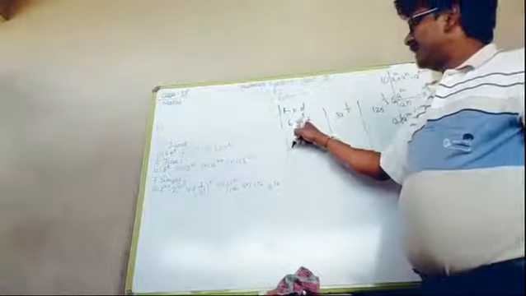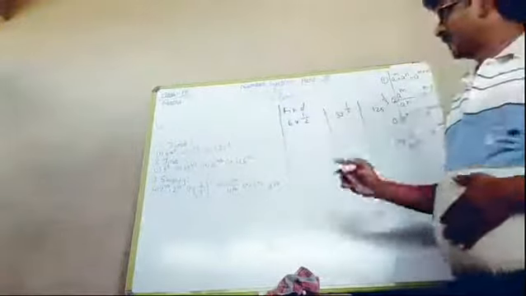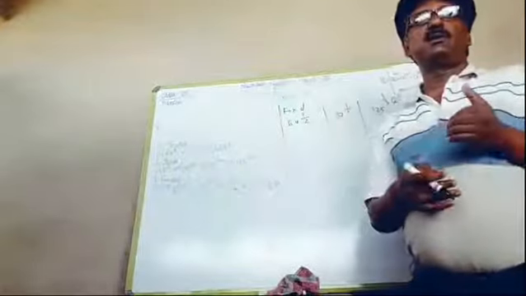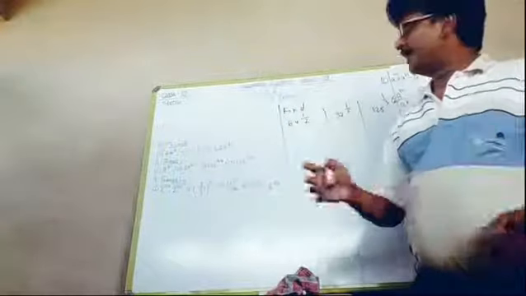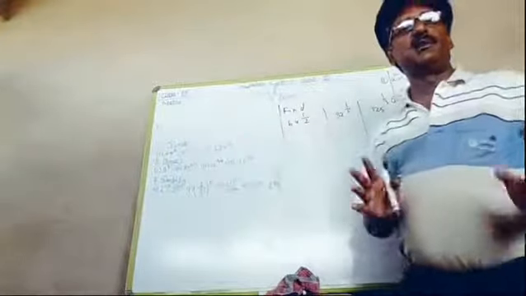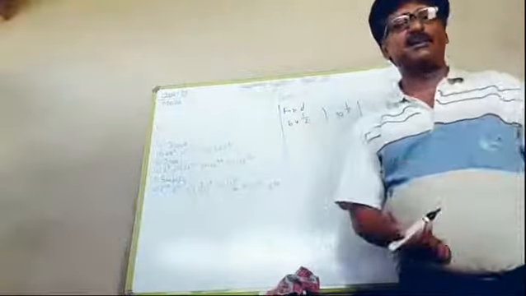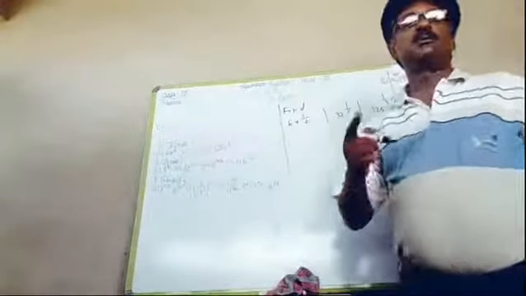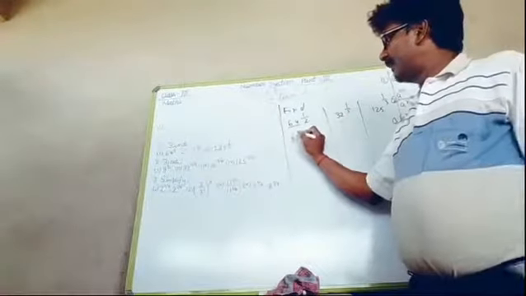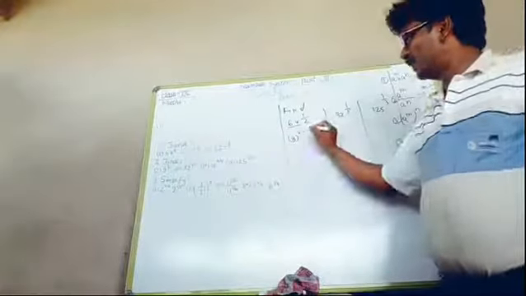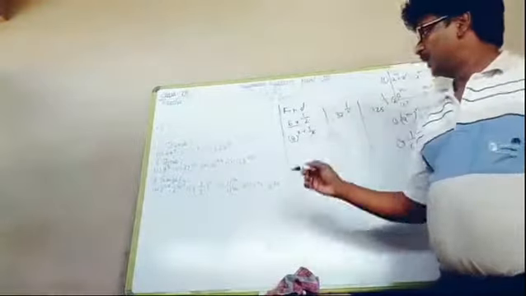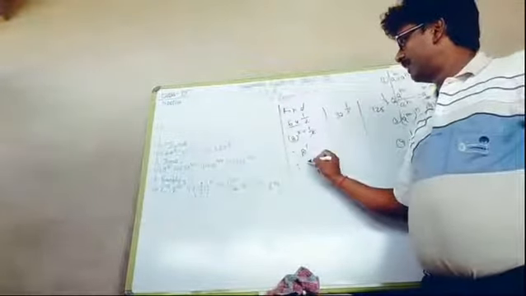here 64 is raised to power 1 by 2. In this power, the denominator is 2. Now we have to find such a number that when multiplied 2 times, the product will be 64. And we know 64 is the square of 8. So in place of 64 we can write 8 raised to power 2, into 1 by 2. So now this 2 and 2 will be cancelled, and after cancellation we will get 8 raised to power 1, and that will be the answer, 8.